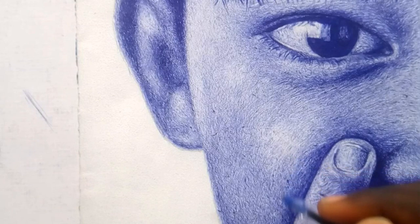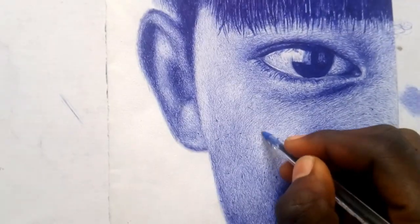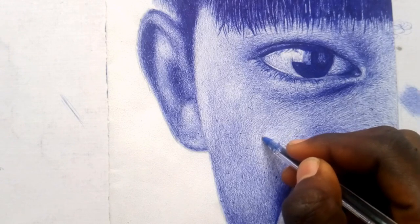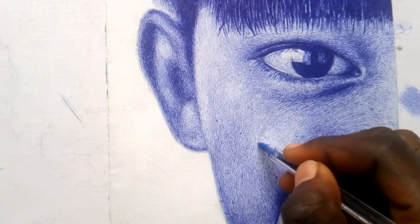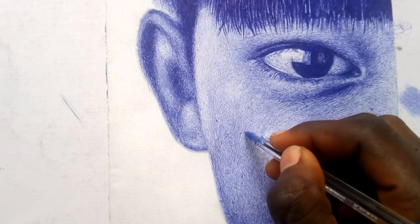It's as simple as that. So getting realism in your drawing or skin details needs an amount of your time. You don't need to rush it. Although I did